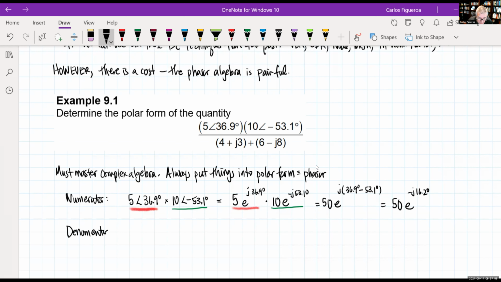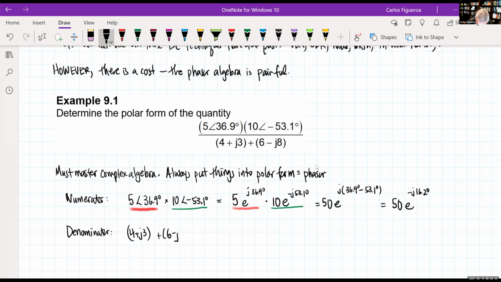So if I look at the denominator, note that that's in rectangular form. So immediately I've got to put that into polar form. So then this would be 4 plus j3